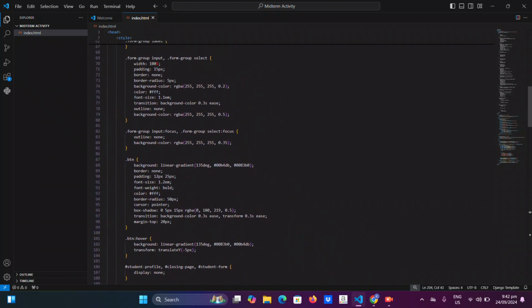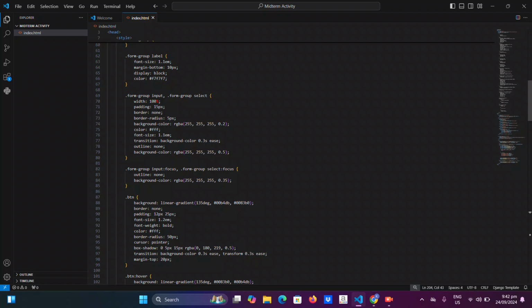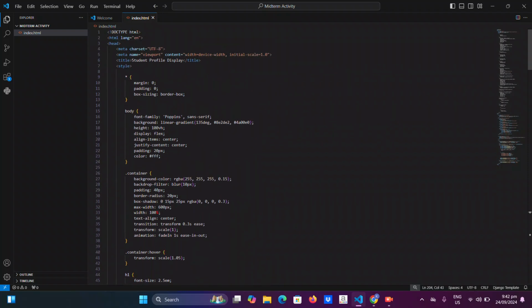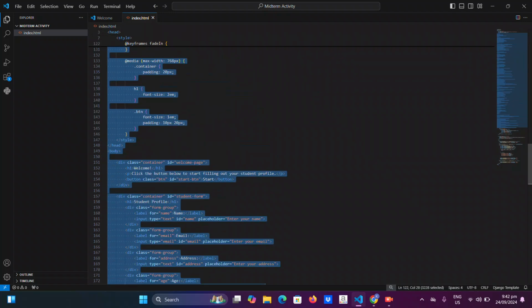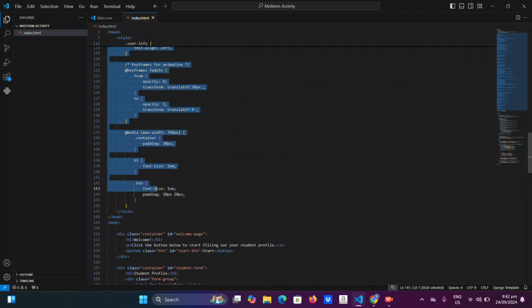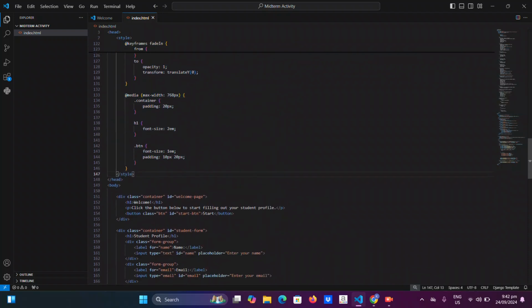This will be the code from the activity of the midterm. So I chose the student profile display from the user. This will be the design for my HTML. Then after that,